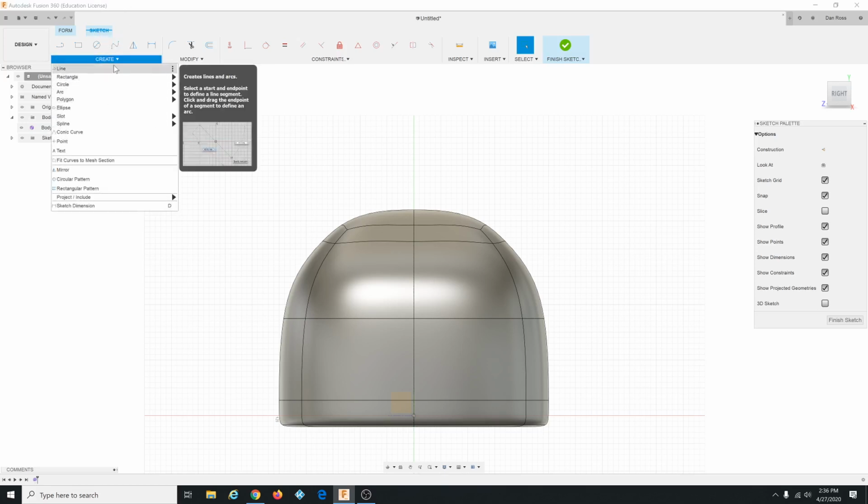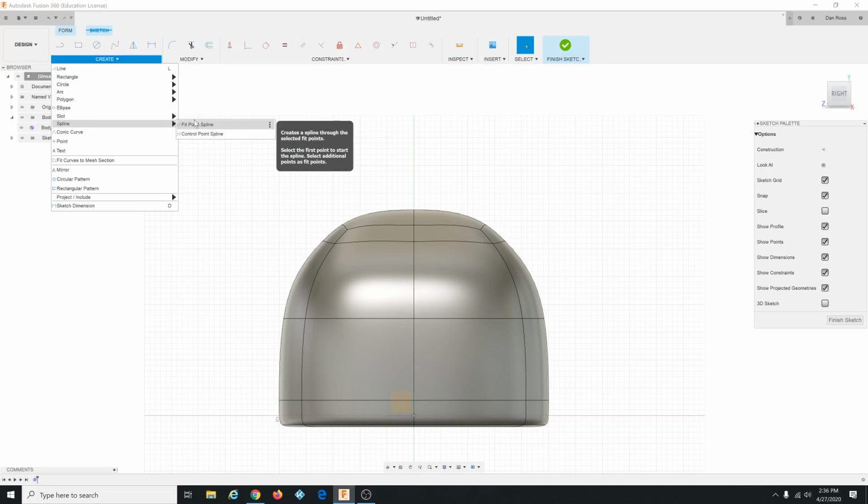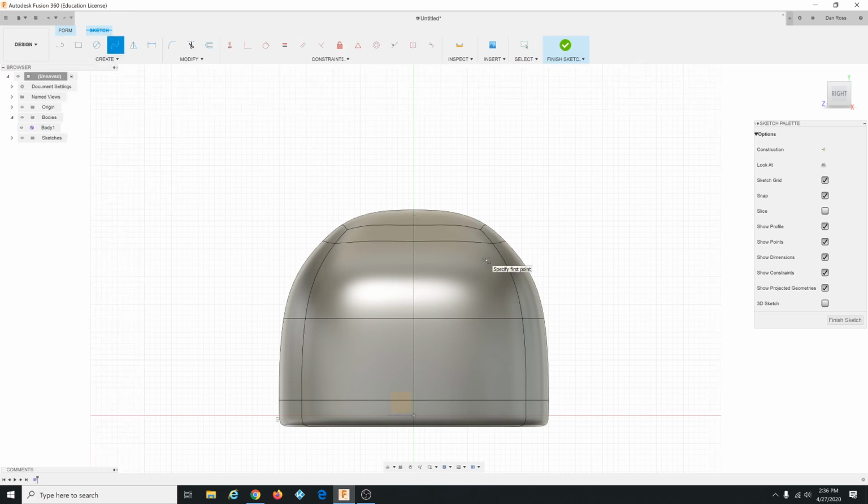It's also on here somewhere, line, which one of these is it? Spline, I guess. Fit Point Spline. Anyway, find your Fit Point Spline, which for me is this button right here. And you have to eyeball this a little bit. So it doesn't even matter if it's on the grid, I don't think, but just eyeball a point about so, then another one about so, and then another one maybe here, and then another one